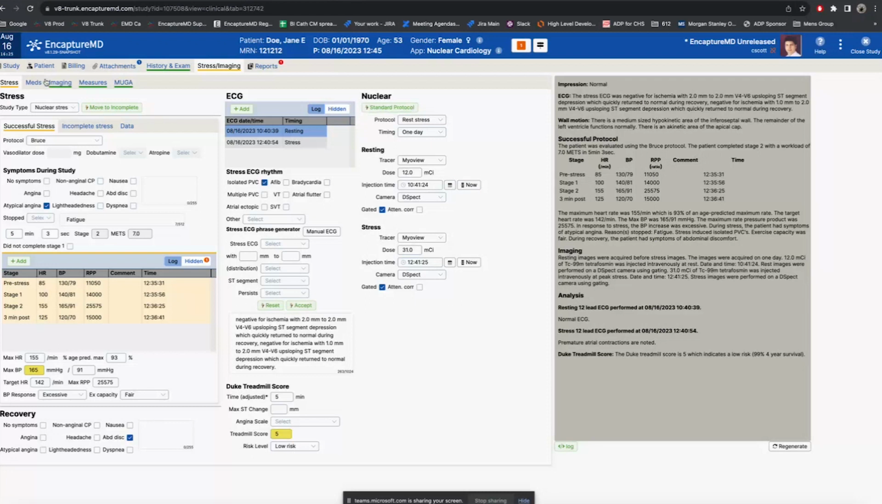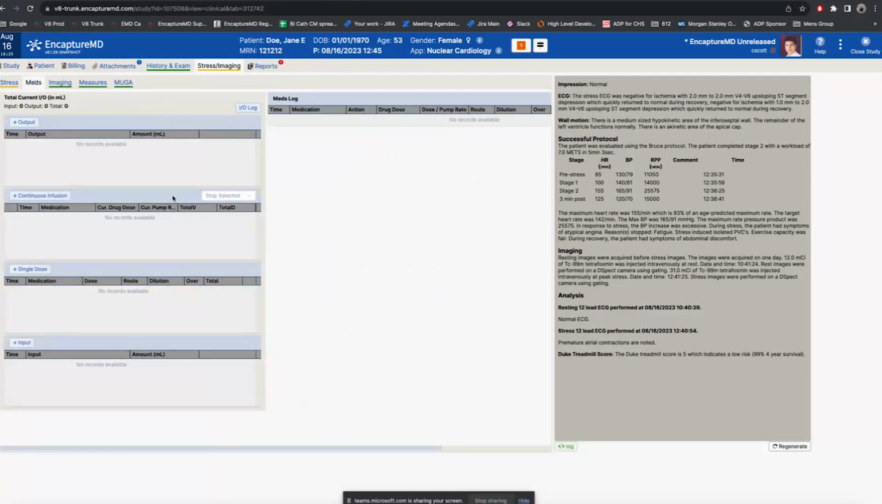If you gave meds during the procedure, we have a medication module. You can add the meds. So maybe you gave aminophylline